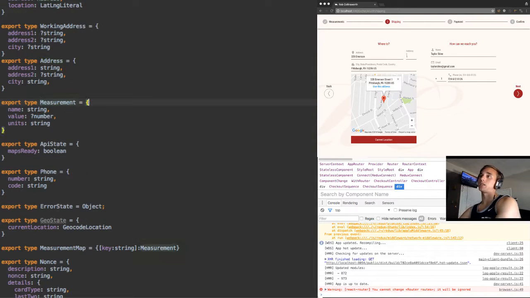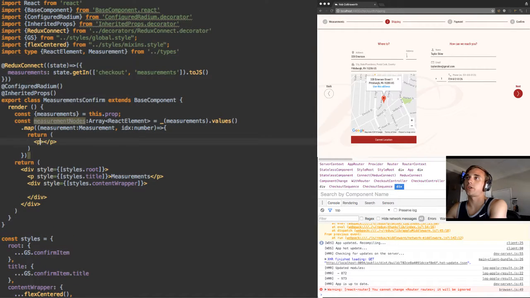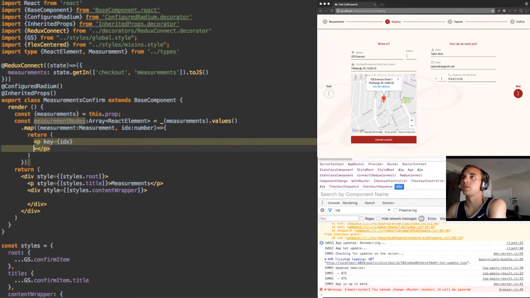And a measurement has a name, value, and units. So again, I want it to be name, so like waist, and then the value, and then the units. So this is just going to look like this. Return, let's use a p element. We have to make sure to add a key because React likes that. Add a key. Style is going to be